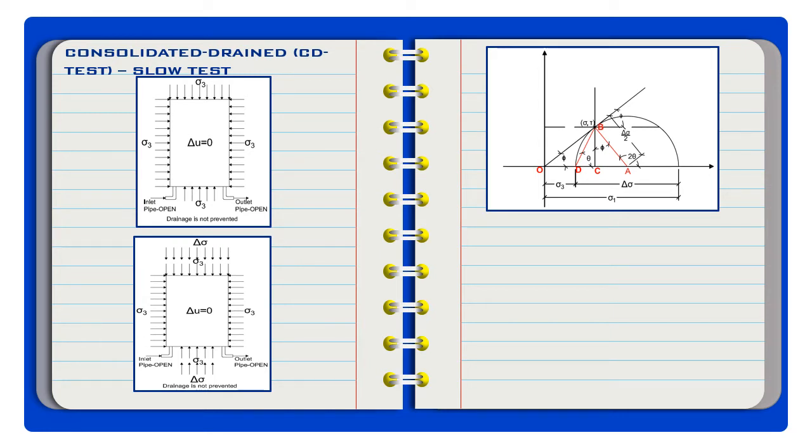Now, the goal is to find the angle of internal friction, the cohesion, the angle of the failure plane, and the stresses at the failure plane. So, magagawa lang natin yun using this Mohr-Coulomb failure diagram. And we just assume, since wala pa naman tayong ibang given, na yung soil na tinest natin is cohesionless or non-cohesive. So it means, from this point, pwede tayong mag-create ng different triangles on our